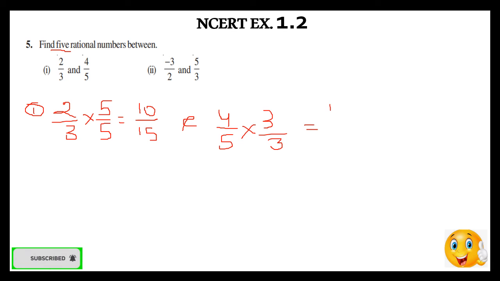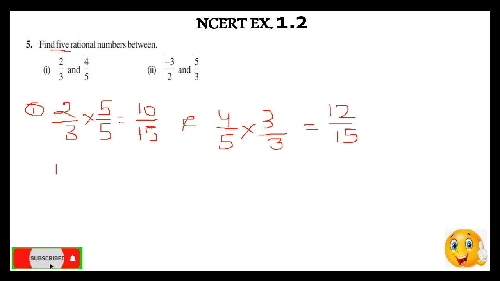So this is 12 upon 15, but we see that the denominators are equal, but the numbers between 10 and 12, we don't have 5 numbers, we have only 11 between 10 and 12 with the same denominator 15. We won't be able to write the numbers. Yeah, if you change your denominator, then definitely you can find 5 rational numbers, but you need to have more gaps between the numerators. So you can make it 10 times or 20 times or 5 times